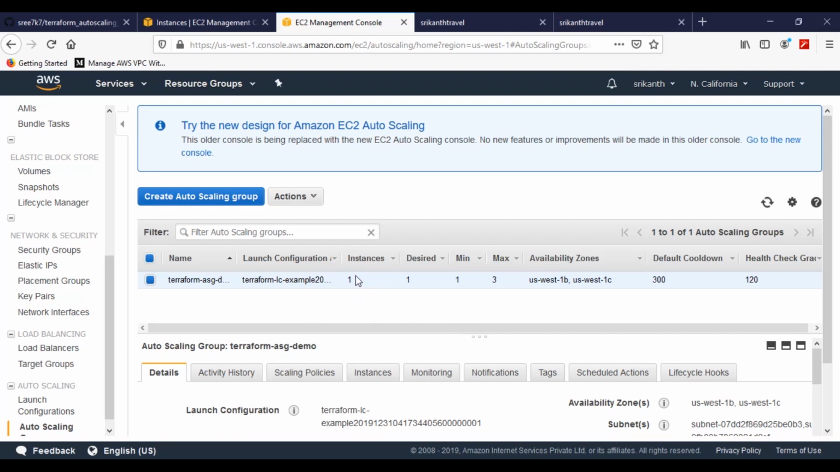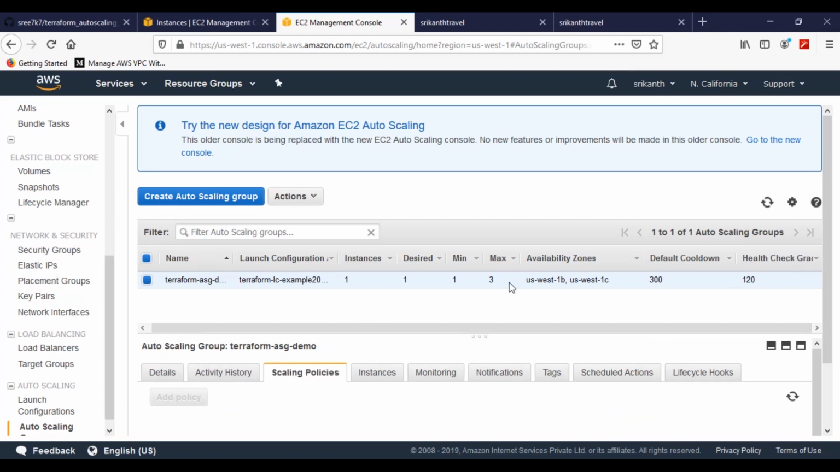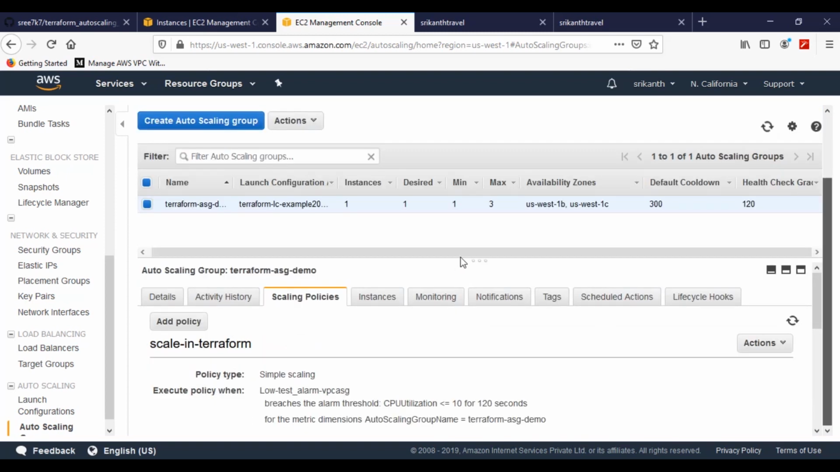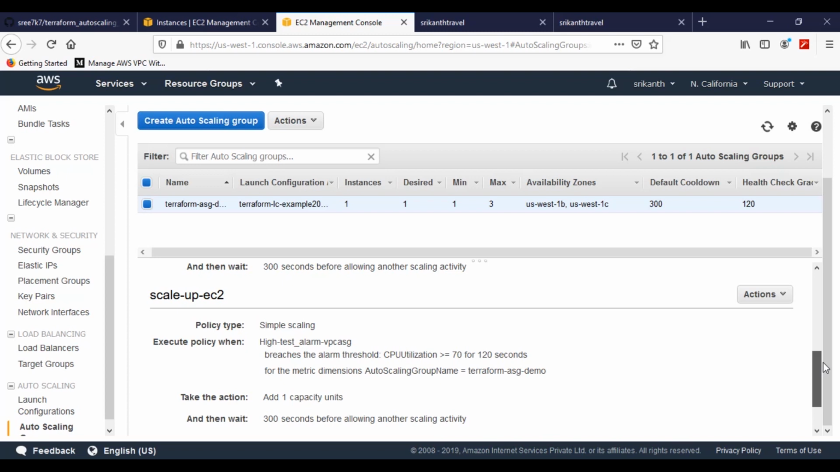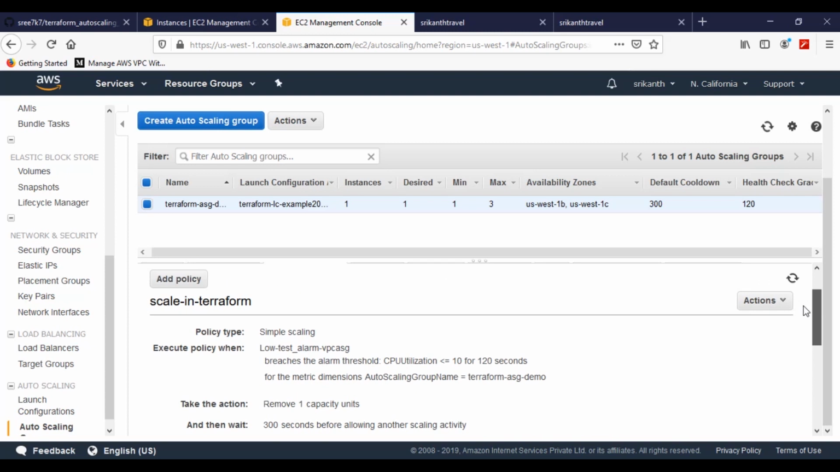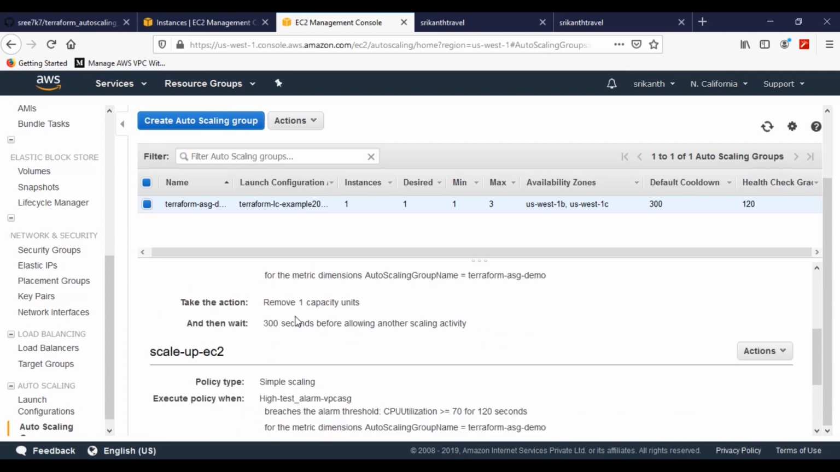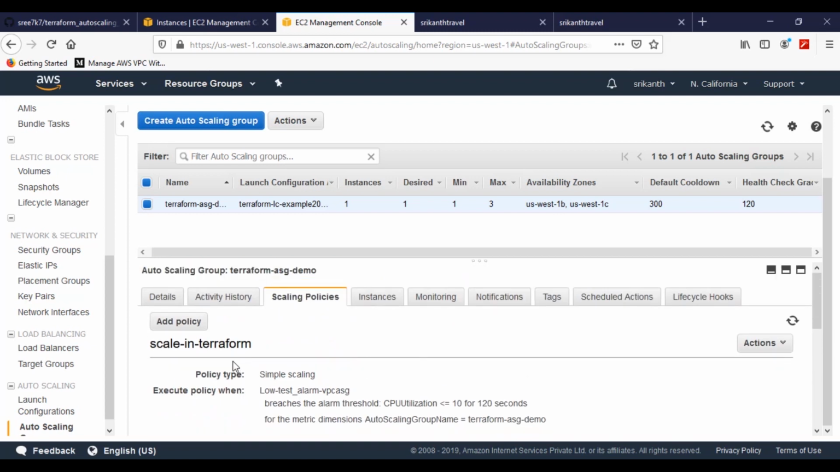So this is the instance, and this is a desired instance, the minimum and maximum. As you can see, the health check grace period. We'll see the scaling policies. As we discussed, we have two scaling policies. This is a scale up EC2, and this is the scale in. Oh, I have to keep scale out and scale in. Anyway,